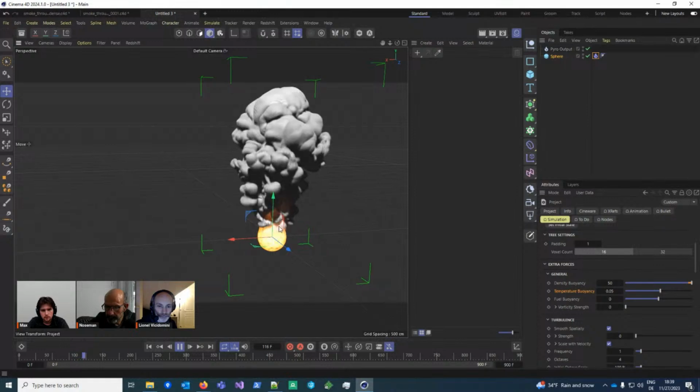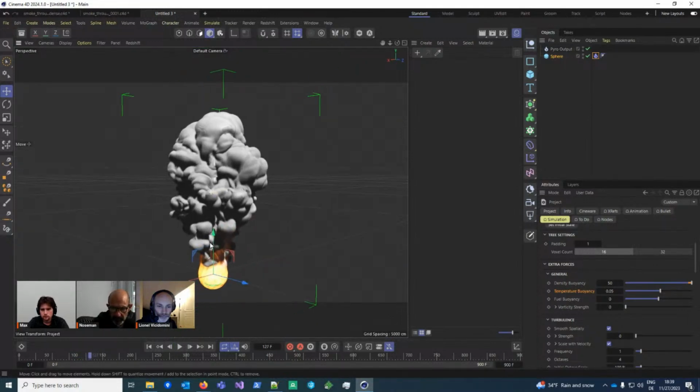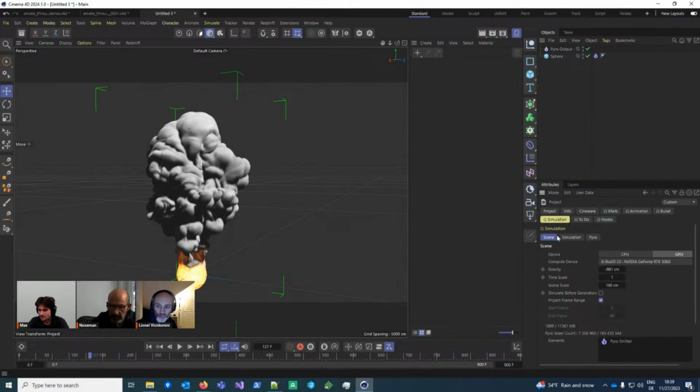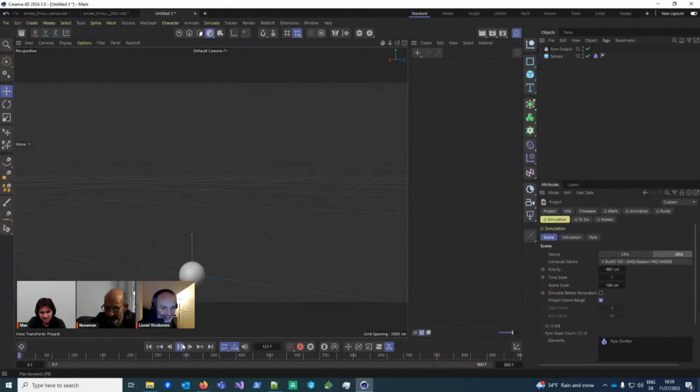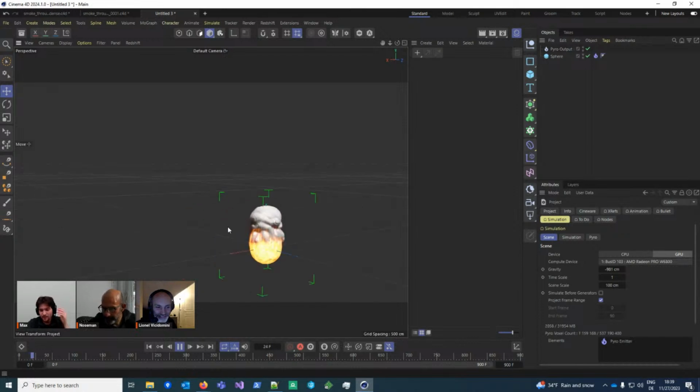By the way, Max, what is the configuration of your computer? Just because someone is going to ask. Okay, I have one 3060 RTX and one AMD Pro W6800. Oh, so you have a terrible computer, and yet it works quite well. That's good to know. That's not terrible. This is very good. Don't take it personally. I say these things to bug people. This has 32 gigabyte of memory, which is great for the simulation. Just saying. Oh, and my CPU is also not bad. But yeah, anyways.